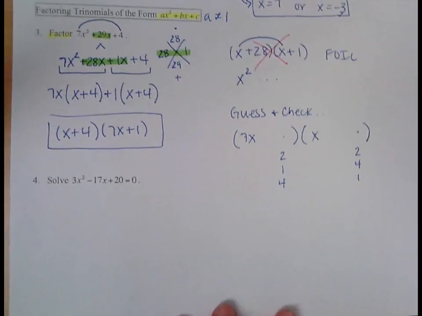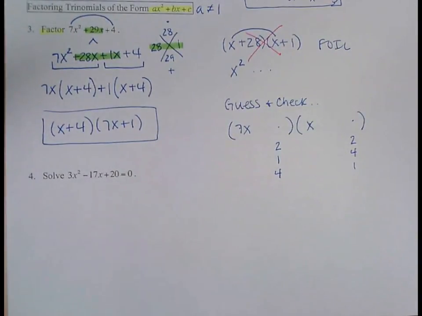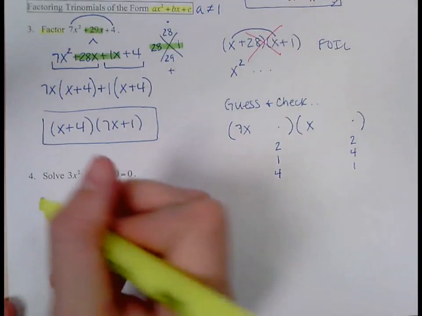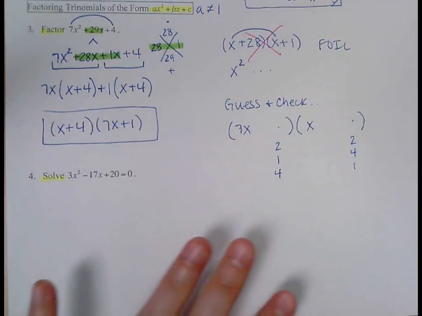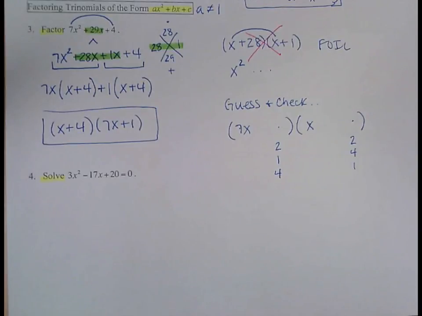All right, so I would like you to do number 4. Just make sure after you factor, this problem does say to solve. So when you factor, you're not done. You still need to then solve the equation like we did for number 2. So go ahead, try number 4. I'll give you a minute before I start walking around. Actually, though,